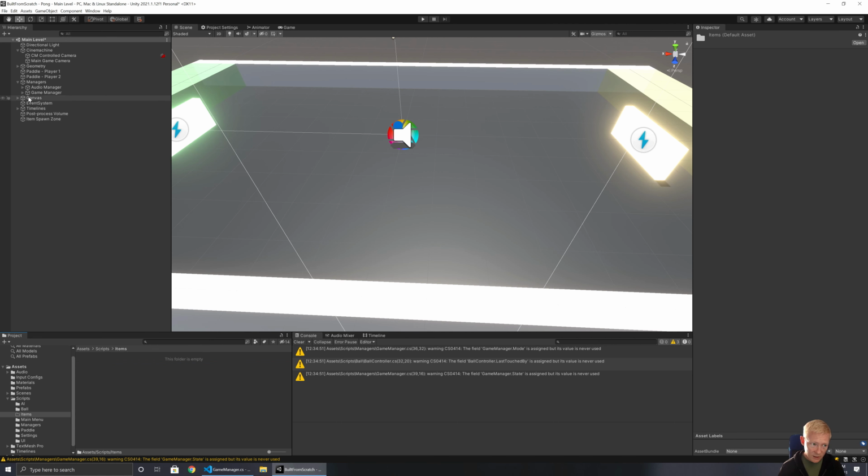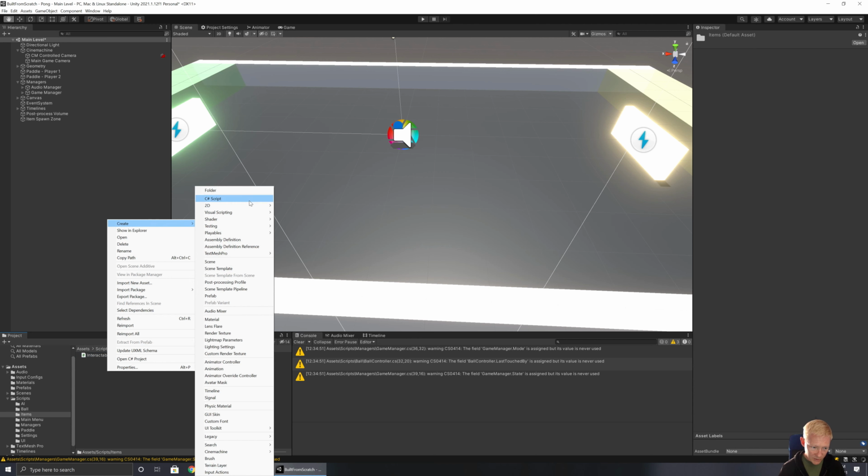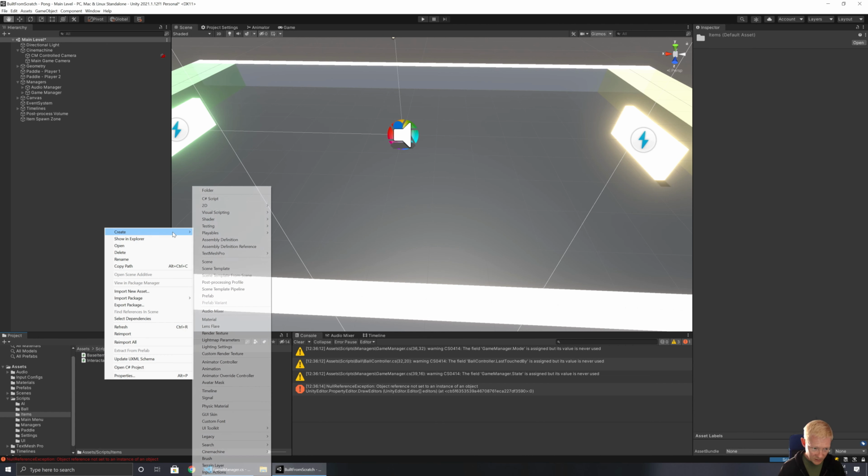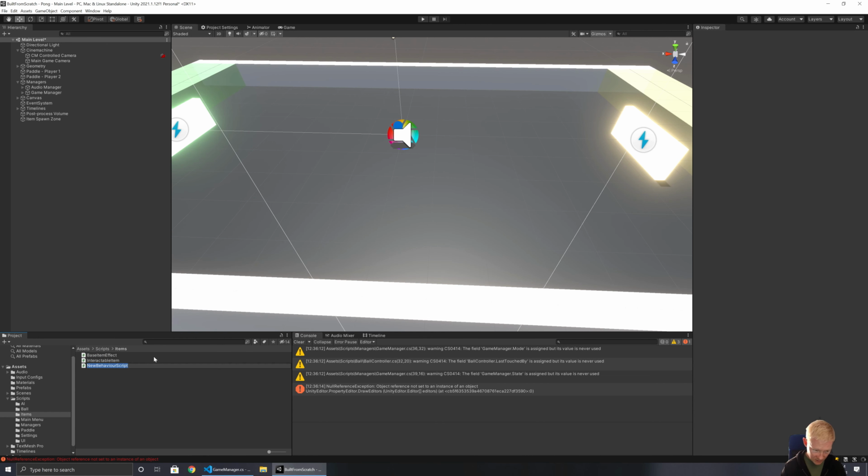So I want to have, actually, sorry, I want to have interactable item, so that'll be the actual thing that gets interacted with, and then I want to have a script that is going to be for the item effect. So base item effect, and then the one effect that I'm going to chuck in is item effect